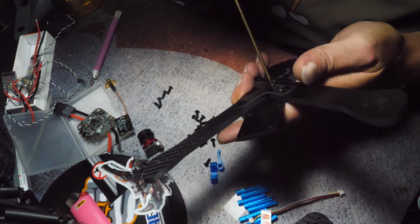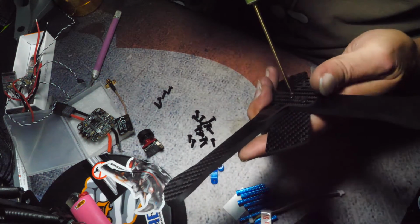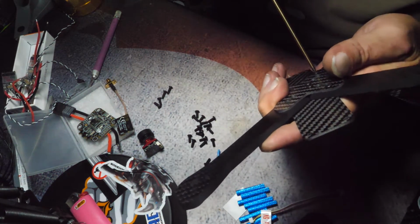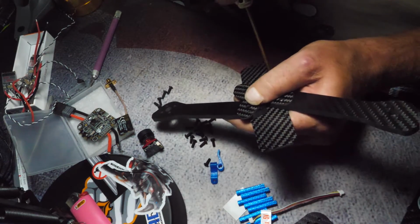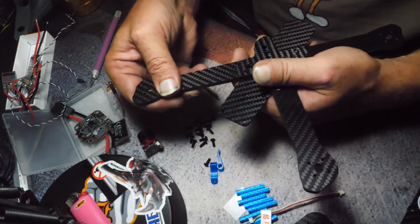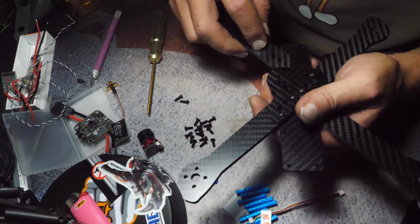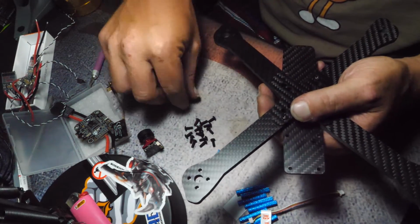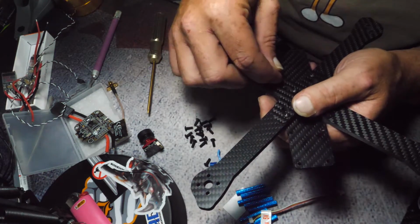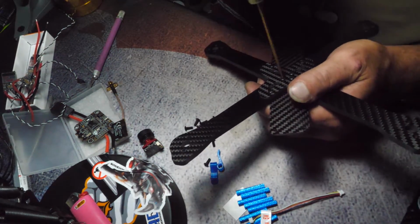Here's a tip. Do not screw down or tighten down all your screws before everything's assembled. 80% of you already know this. Yeah, this is a relatively simple build,